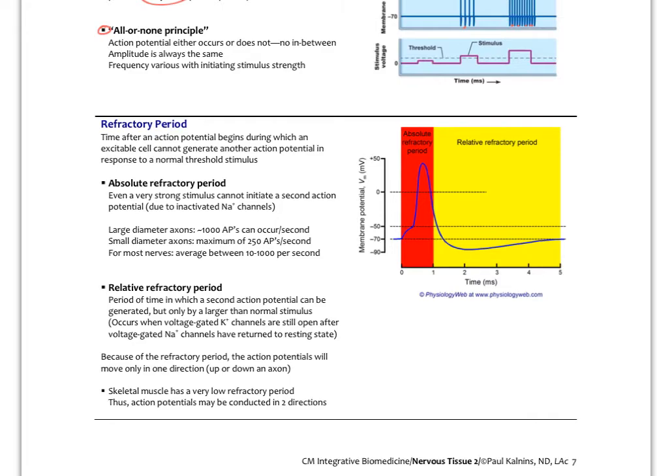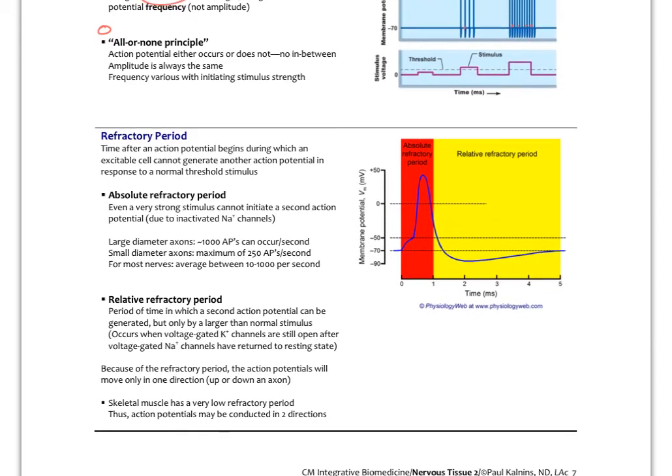Now there is a relative refractory period, so if you look at this part of the action potential when it goes towards depolarization, hyperpolarization, and then back to normal, if a very strong stimulus comes in again, it can actually reopen those sodium channels, and that can cause another action potential to happen. So we call this the relative refractory period, but it would take a very strong stimulus to get that nerve